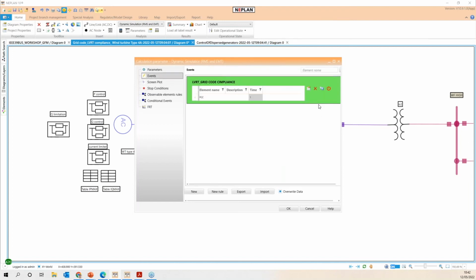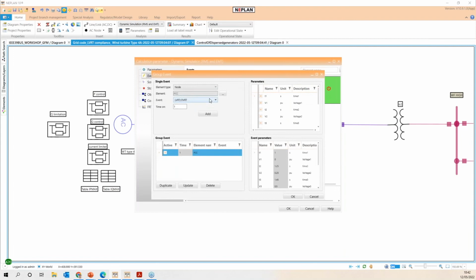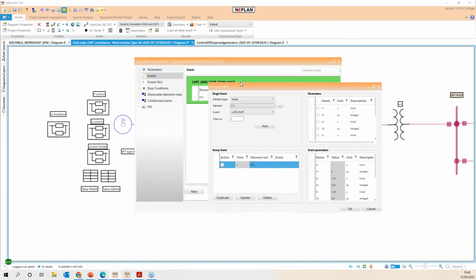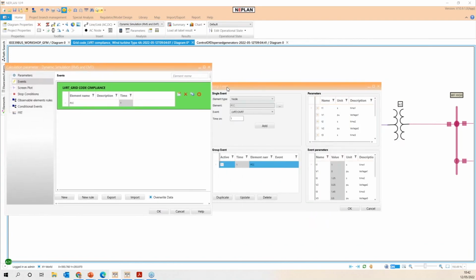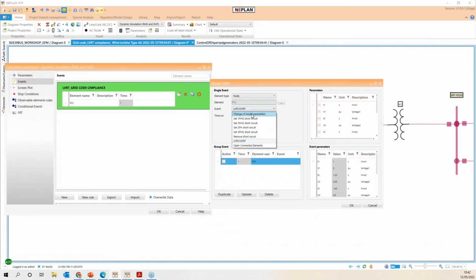Let me show you that we can define an event on the point of common coupling. We can define an event that is not a short circuit, not a three-phase short circuit. In this case, we can define low voltage ride-through or over voltage ride-through events.